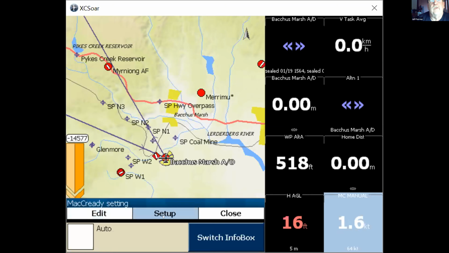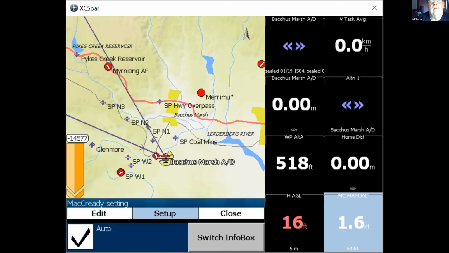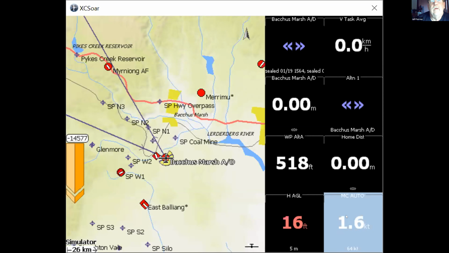You can also set it up to auto, which will start with whatever you have chosen, but then it'll adjust it as you go through the flight. So if you're getting better than what you've set up, it'll build it up. If you've got worse, it'll lower it down.